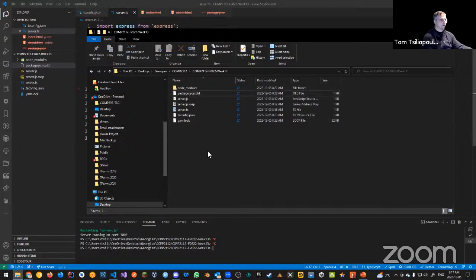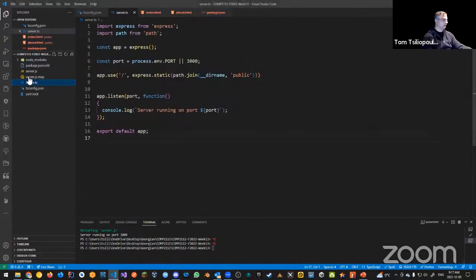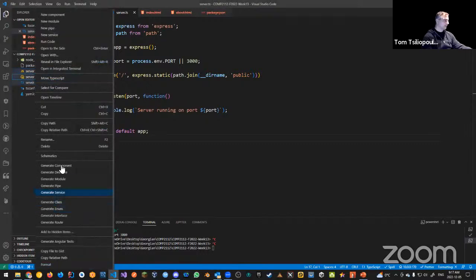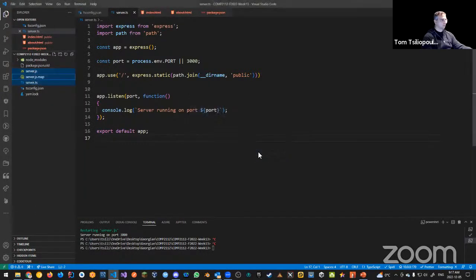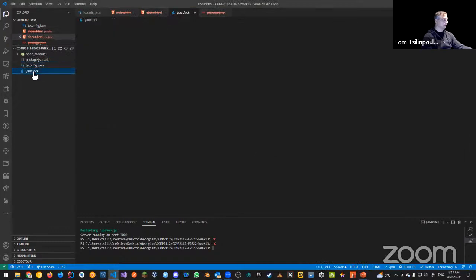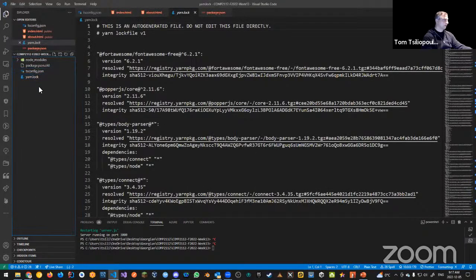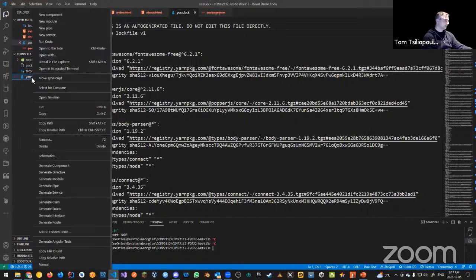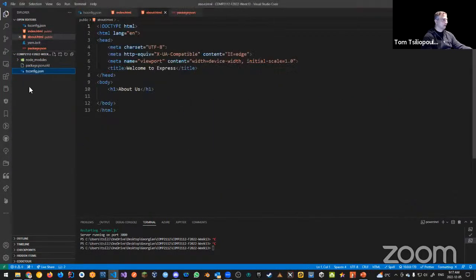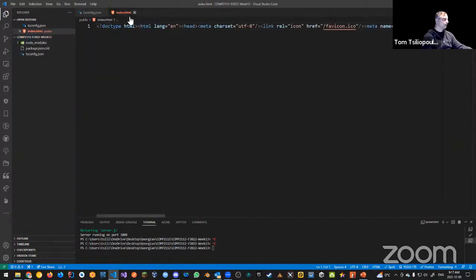Our server.ts is also going to be something that we're going to delete. So we're going to get rid of all this: server.ts and server.js and all that stuff. Move those to the recycle bin. We're going to get rid of this yarn lock file for a second, so delete yarn.lock. Node modules we can keep, but at the end of the day, they're going to be regenerated for us. It's almost like we're starting from scratch. I could have just started from scratch here, but we're just going to get rid of all this.